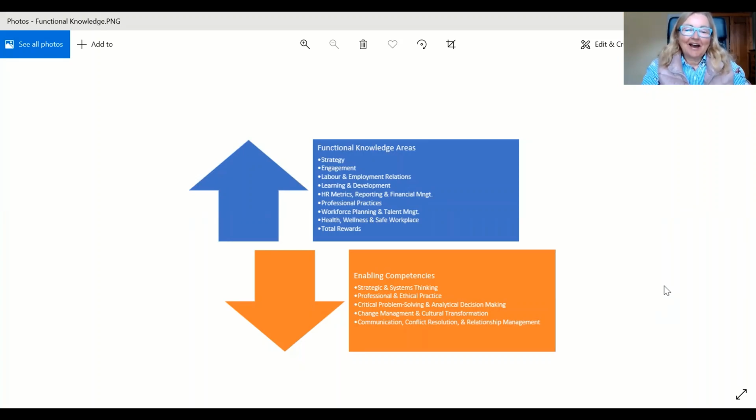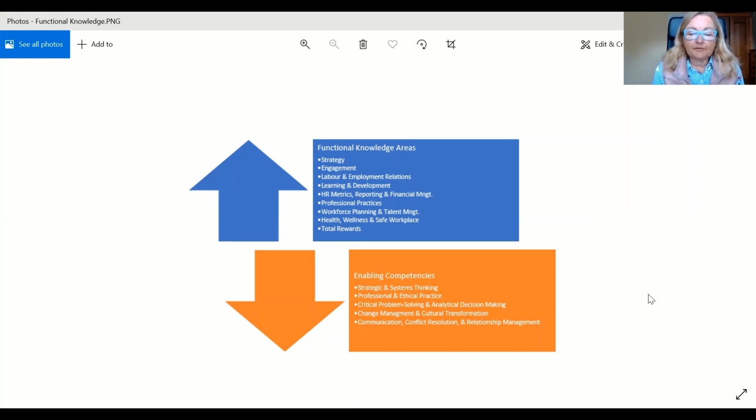Okay. So I managed to pull up this from the Human Resources Association, showing the functional knowledge areas that professionals in HR need, and then the competencies, the skills and abilities that they need to do these things. And so when you look at that list, in our last three minutes, is there anything there that strikes you as something unexpected, or something that's missing?